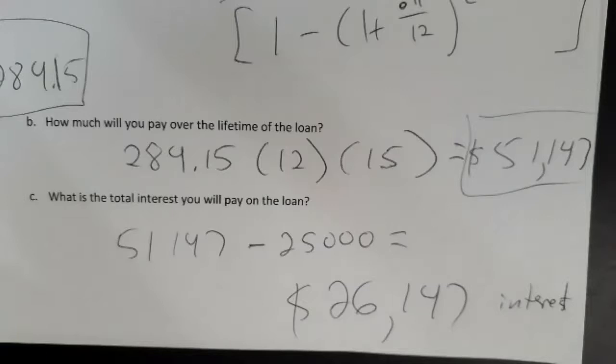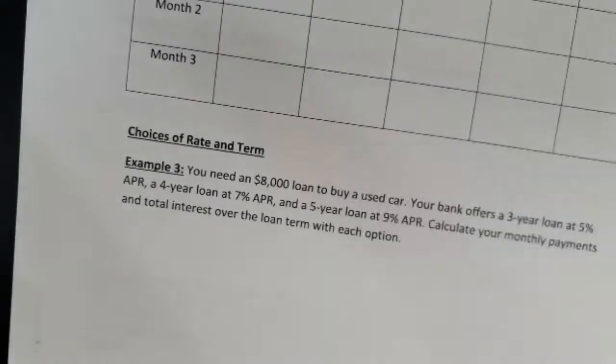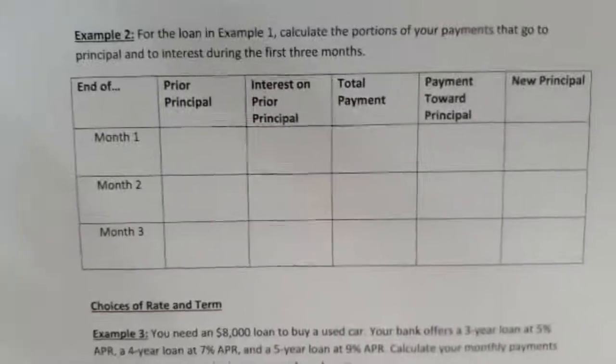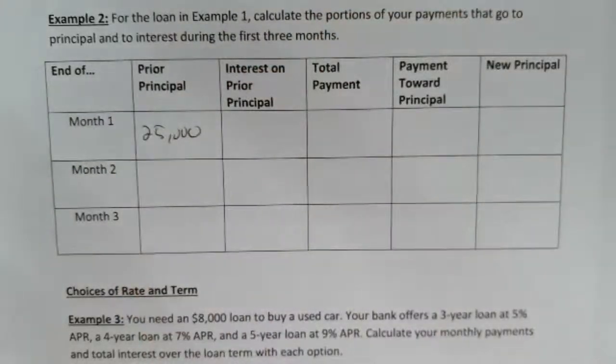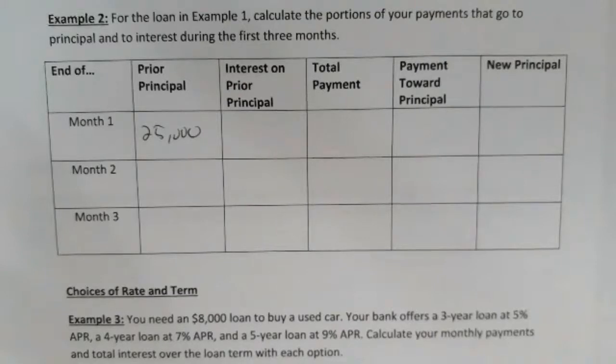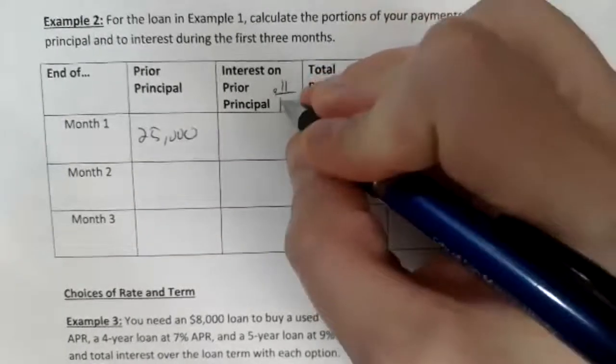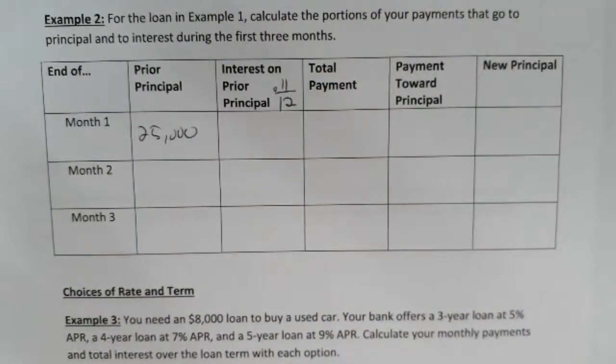Okay, so example 2, we're going to use this same setup in example 2. But now we're going to put it into a month-by-month table and try to see what's happening with this loan. So if we think about our balance, during month 1, our balance of the loan, make a payment, is going to be that 25K. We're starting off with 25K. Interest on the principal. So if we want to know what our interest is, we're going to have to divide by 12 to get our monthly interest rate. So if I do the 0.11 divided by 12,